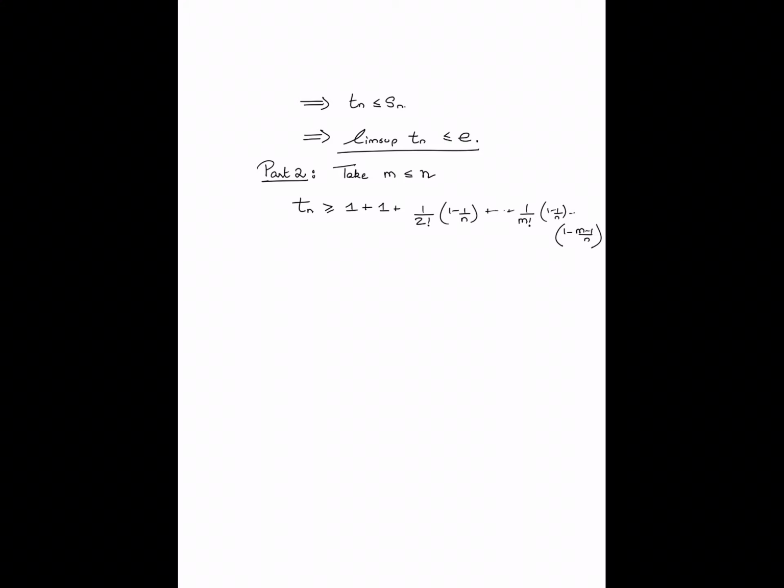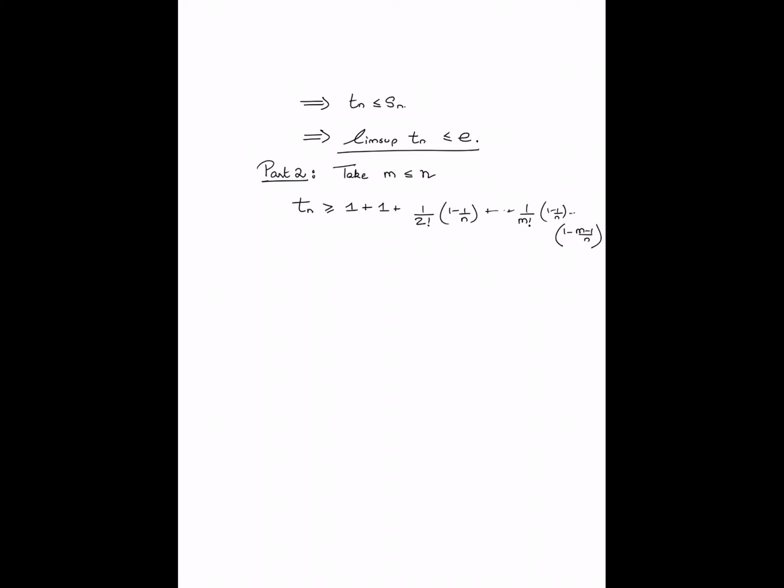All the terms beyond I'm omitting in this sum, and so therefore this is in fact a lower bound. I've only taken the first, shall we say, m plus 1 terms of my binomial expansion. Every term is non-negative, and so by restricting myself to only the first m plus 1 terms, I have gotten myself a lower bound on the binomial expansion. Okay, now treat m to be fixed.